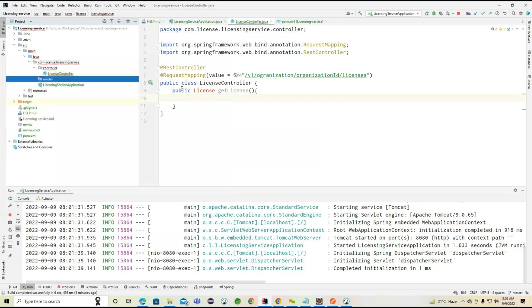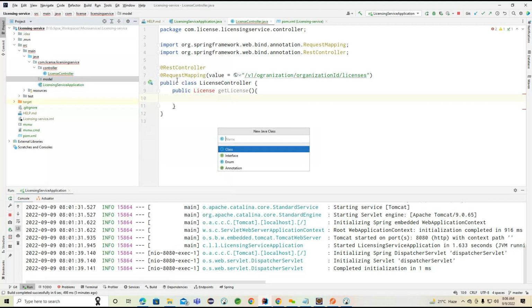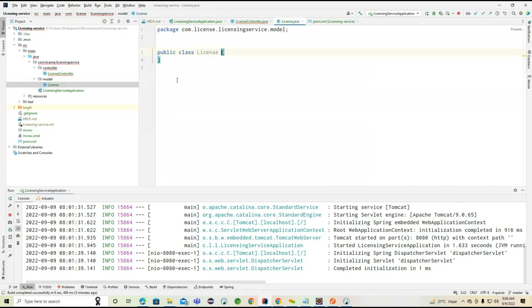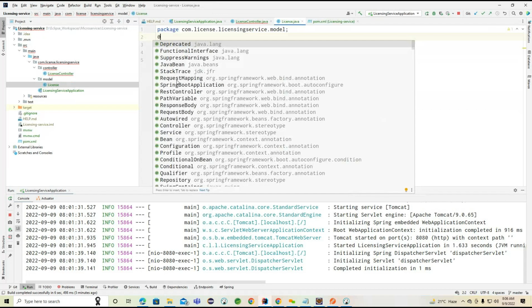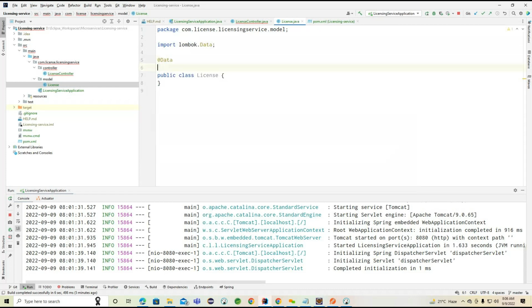package. So inside the model, I'm going to create the class. This is the license class I'm going to use here. And what are the annotations we need to use here? Because we are trying to work with Lombok here. If I want to use Lombok, what can we do? We can go for Lombok here, and we can write the